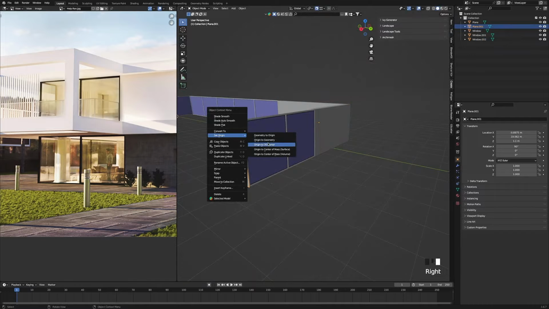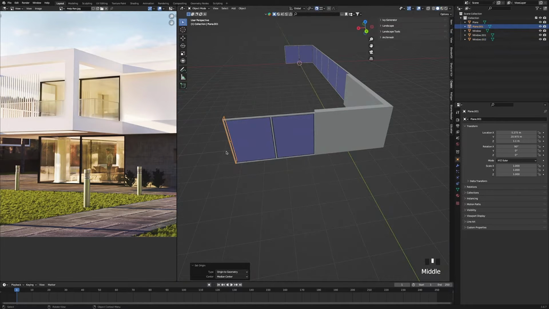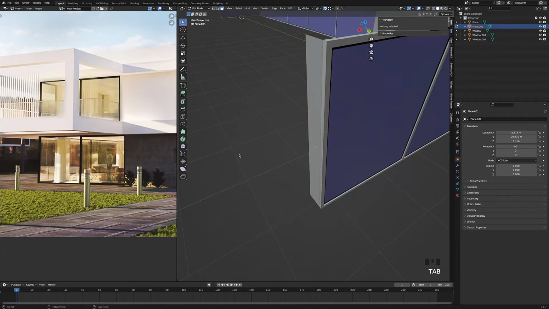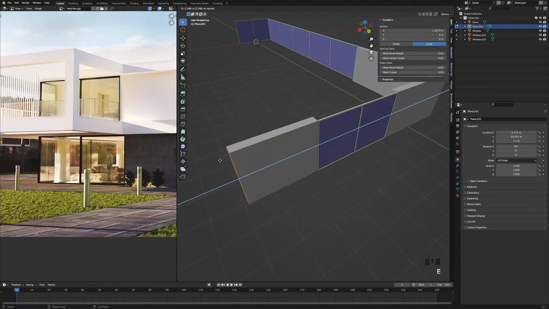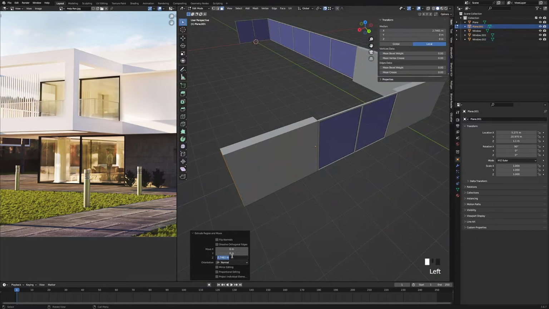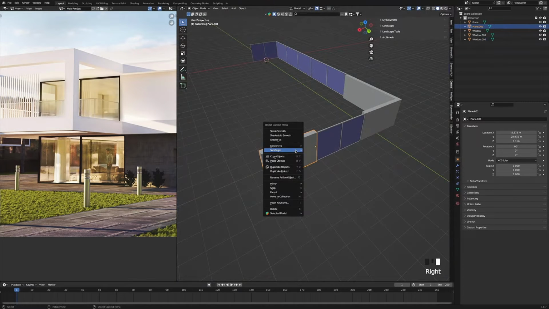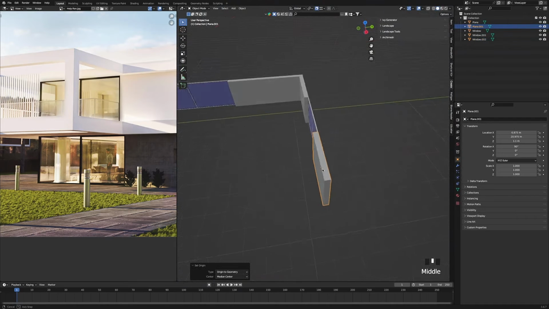We can right click, origin geometry, press the full stop key to zoom in, press Tab to go into edit mode, press A to select everything, E to extrude it along, and we'll change that amount to minus 3.2. And we're going to press Tab to go out of edit mode and right click, origin geometry.